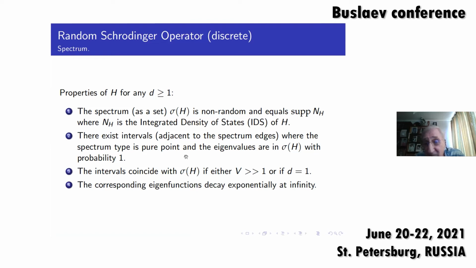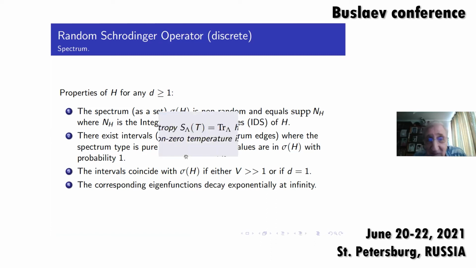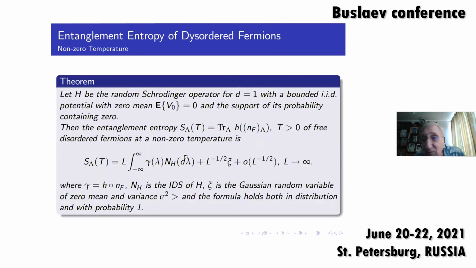I am going to apply Anderson localization to the quasi-Szego asymptotics related to the entanglement entropy, but not in ideal quantum computers, but in computers which contain imperfections, because this entanglement entropy is important as a certain characteristic of quantum computing. So I am a realist. I assume that the hardware of my quantum computer is not so perfect, and this allows me to work in this field. The first theorem which I would like to show is in fact an analog of Szego's theorem for the random